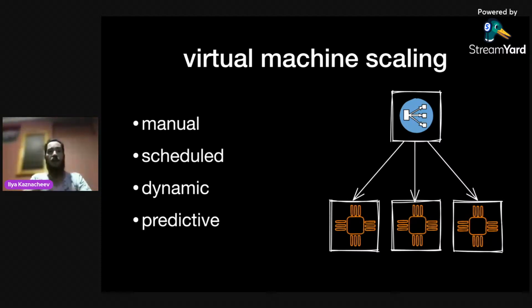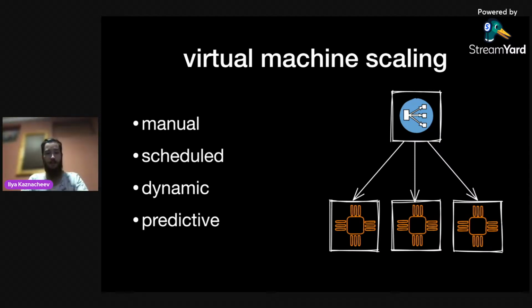So if this criteria match, the cloud provider will create more virtual machines. And otherwise, when the criteria are no longer matched, it will shut down some virtual machines. So it will save you money,